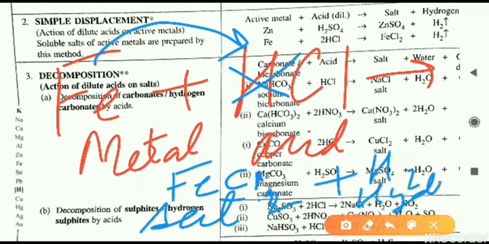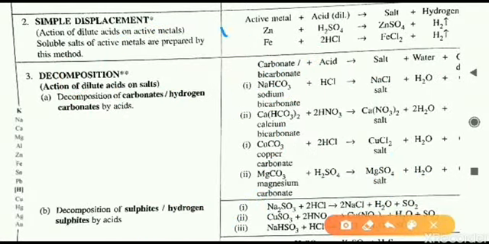So remember the general equation: active metal plus acid gives salt plus hydrogen. Here in the above part it is given that acid is reacting with an active metal, and what is produced is salt plus hydrogen. By the general reaction we can form a large number of equations. In the book only one or two examples are given, but with the help of the general equation we can understand the overall reaction. Different kinds of reactions can be formed using these general equations. So I hope it is clear, simple displacement.